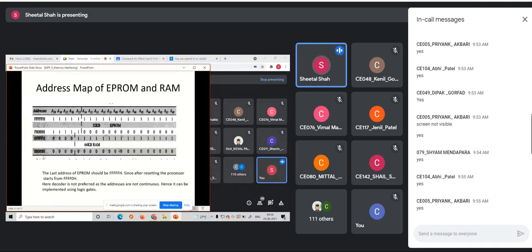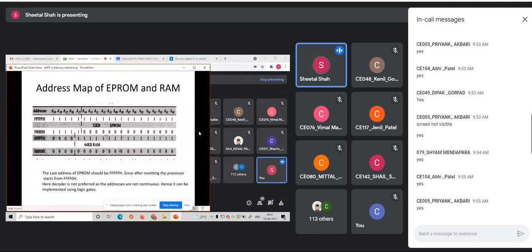So you can see that A0 till A15 is used for addressing the RAM IC. The remaining 4 bits are kept as 0, so these are all zeros because this is the starting address. And what would be the last address? Since we require the A1 to A15 lines, A1 to A15 are kept all ones. So this would be my last address of the RAM.